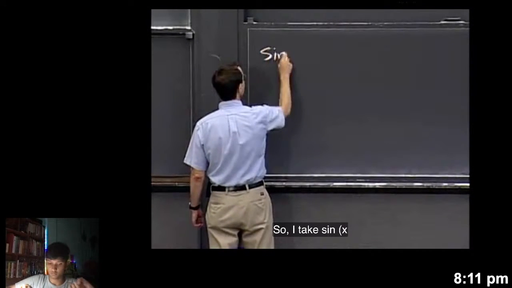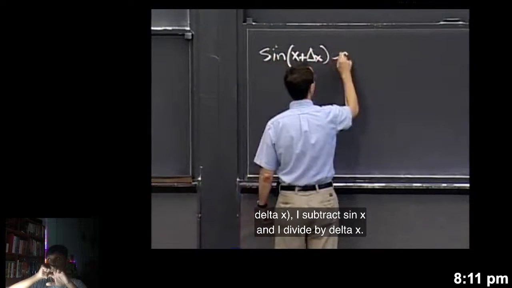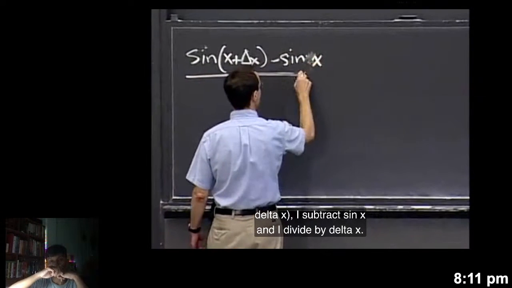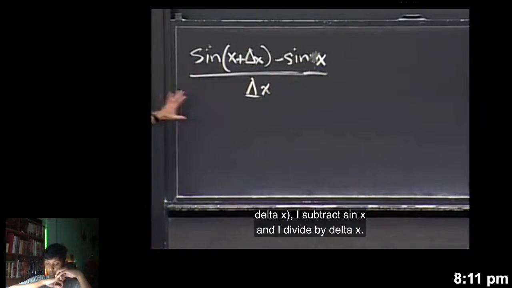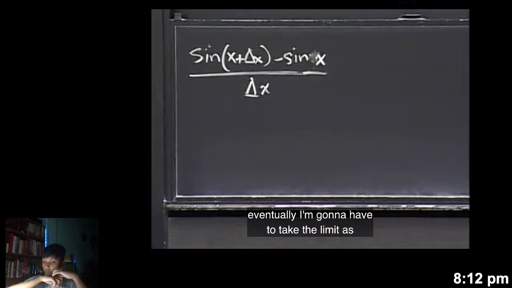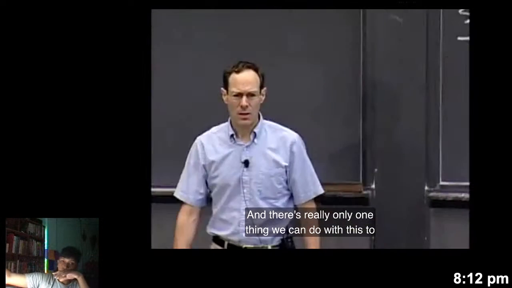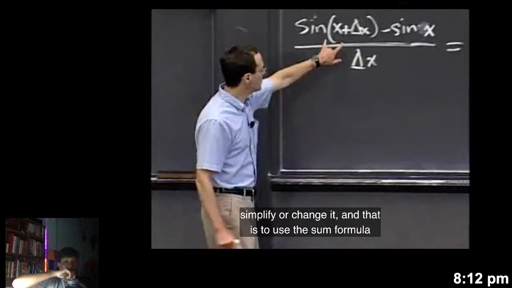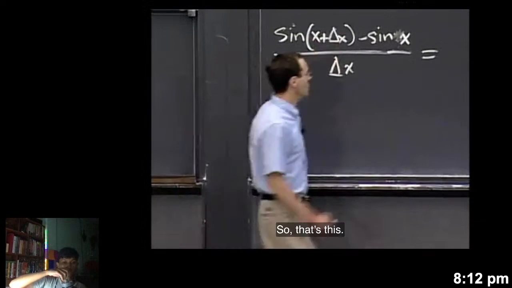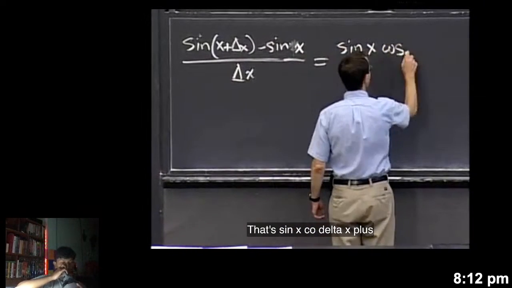So I take sine of x plus delta x, I subtract sine x, and I divide by delta x. All right, so this is the difference quotient, and eventually I'm going to have to take a limit as delta x goes to 0. And there's really only one thing we can do with this to simplify or change it, and that is to use the sum formula for the sine function. So that's sine x cosine delta x plus,